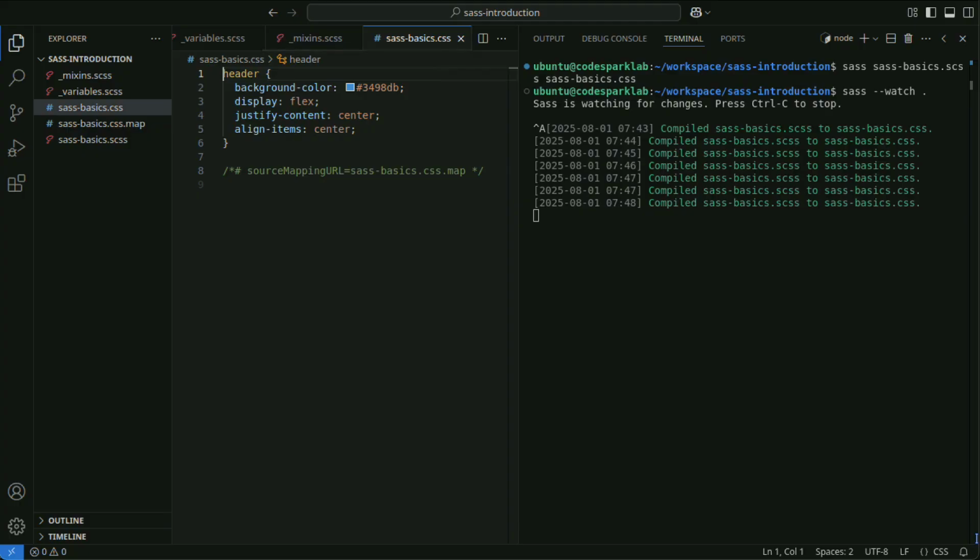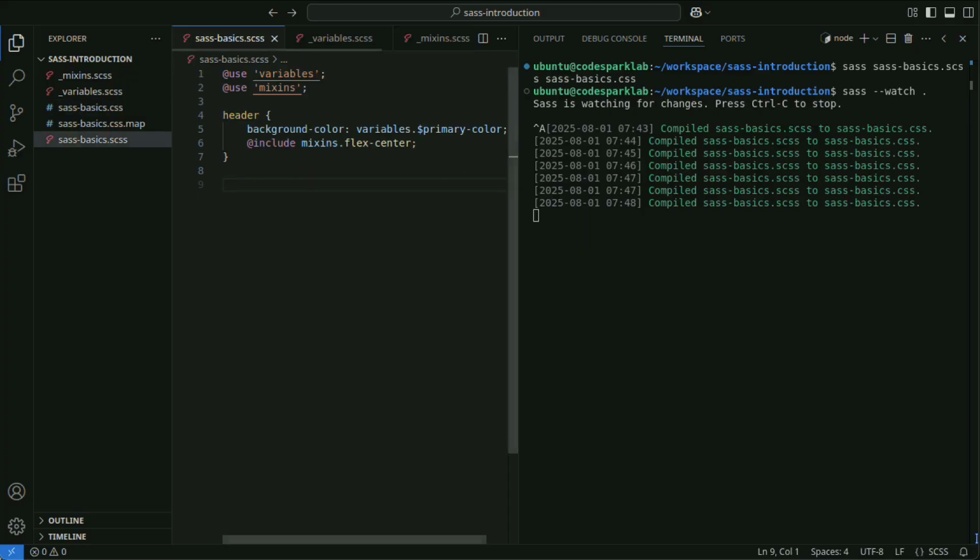When compiled, the Sass file will be converted into CSS like this. Using Sass streamlines CSS writing and improves code reusability and maintainability.